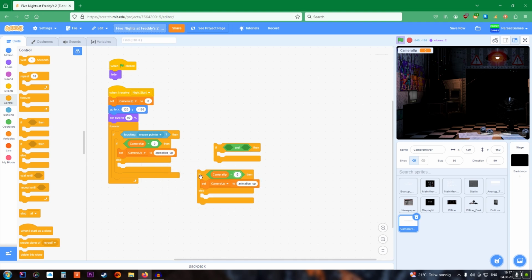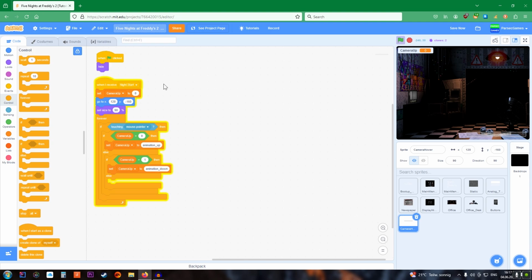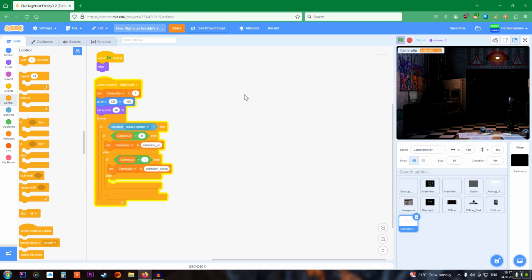If camera up equals 1, that means the camera is already up. Then we want to have the animation where it goes down, so we're going to set it to animation down. Otherwise, it shouldn't do anything, because if it's neither 0 or 1, that means it's either animation up or animation down at that moment. And that means that the player shouldn't be able to hover over it. Yeah, that should already work, and we're going to see that now it's stuck on animation up